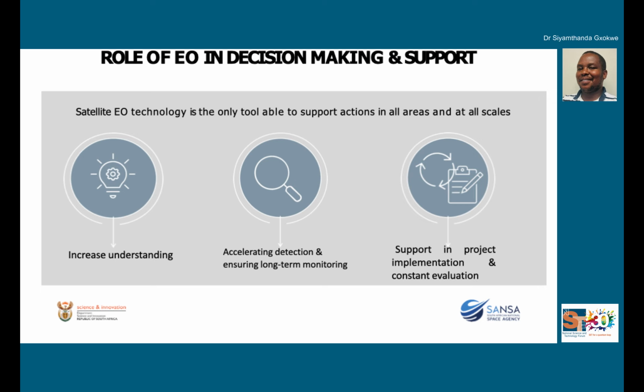So with satellite technologies and Earth observation data, we are able to monitor every area concurrently, over a large spatial extent and at improved scales, and therefore increase our understanding of what is going on with regards to climate change, environmental degradation and food security. And that allows us to get good time series monitoring of these aspects or indicators relating to the challenges that we are facing within Africa.